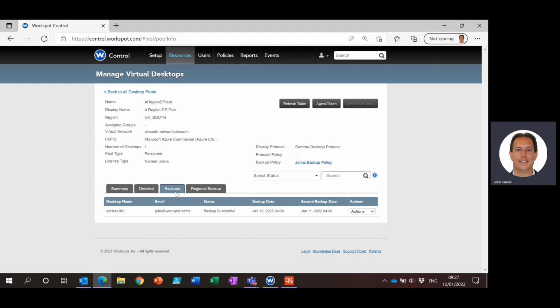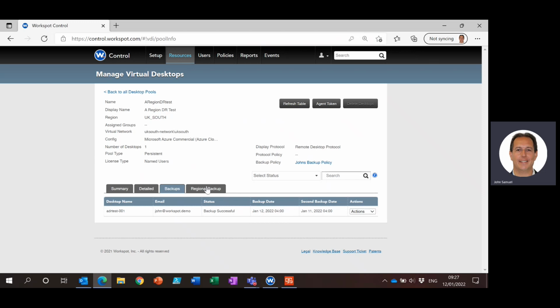And if I click on the backups tab, you can see that the last backup happened at 4 o'clock in the morning today, and there was one previously. The second backup policy that I have is to keep one for a longer period of time, and this will keep advancing, and this is held for a month or so, and that's because I have a backup policy I've created. Now, I've got other videos showing backups, so I'm not going to go through that right now because